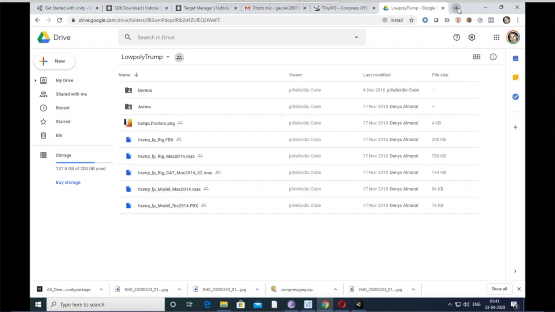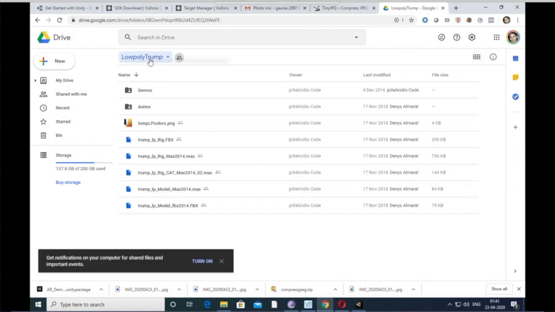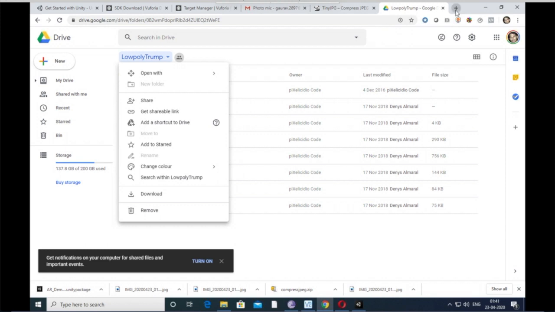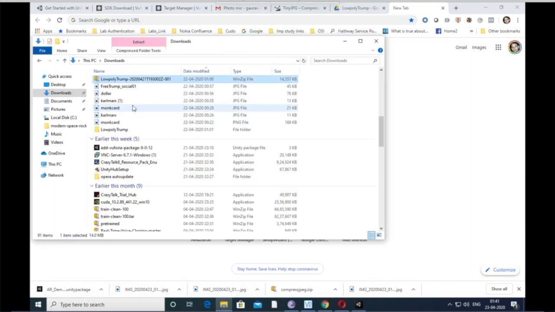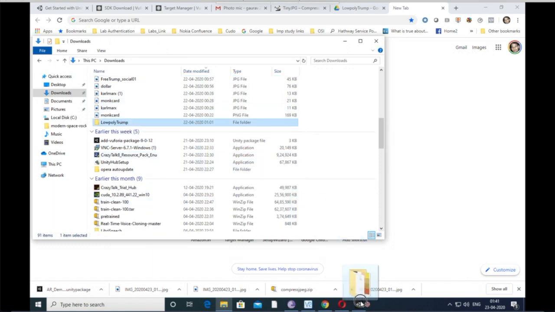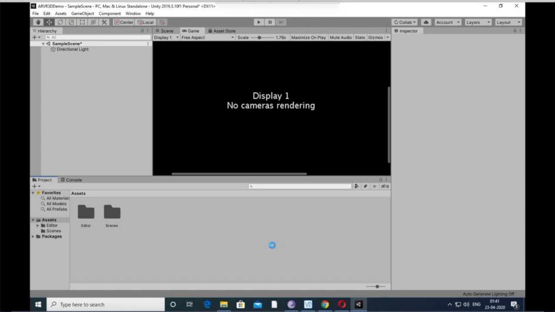Here you can right click and download it. I have already downloaded it, and I have also extracted it, so I will just drag it here in the Unity.